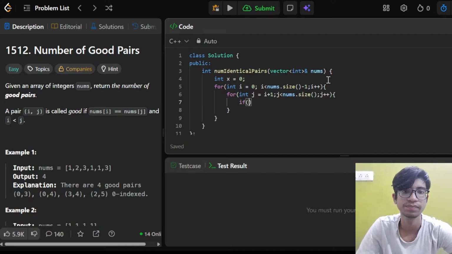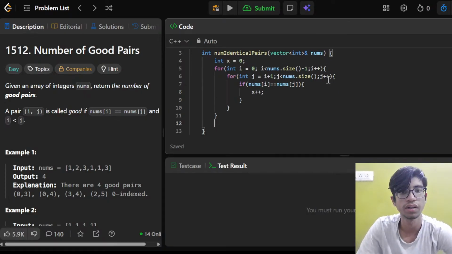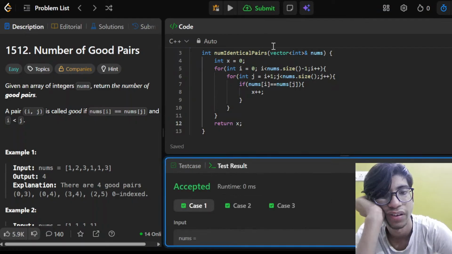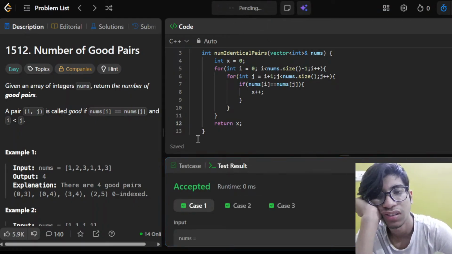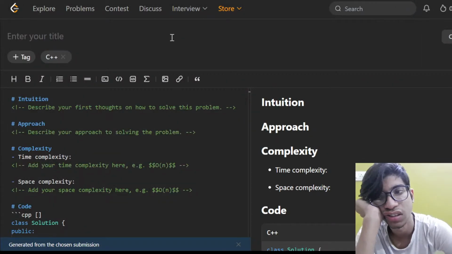So if nums of i is equal to nums of j, x plus plus, out of the if, out of the for, and here I'll return x and I'll go home. Oh my god, my headache. This must be true, right? This must be correct. Yeah, this was an easy one. This was an easy one for sure, and 100% beats. Well, this was an n square solution. What else do you expect?